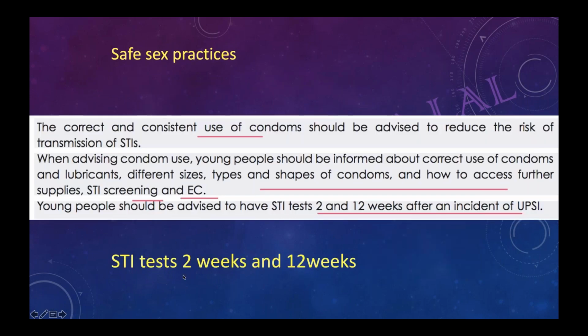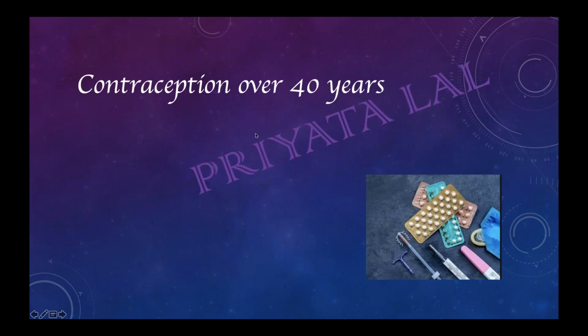Any question with young one, or should I move ahead? You must be getting bored, so only one topic is left. Should I move ahead? Okay, so